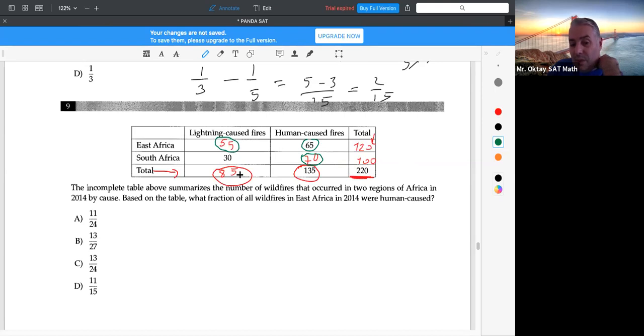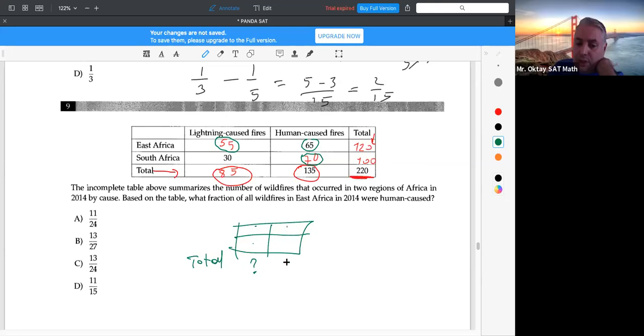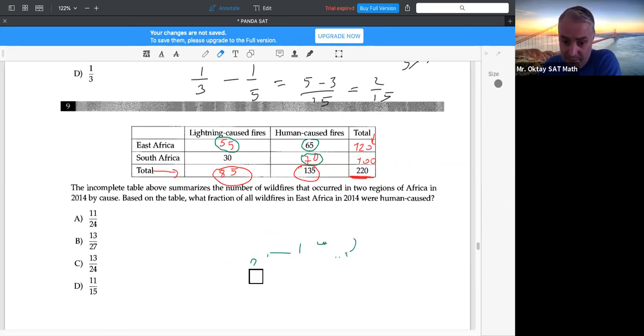So always, whenever you have a table, something like that, when we say total or sum, vertically we are writing here total, horizontally we are writing here total. This total must be equal to this one and this one. I mean, this vertical sum must be also that one. Always we do this for the tables. Now,